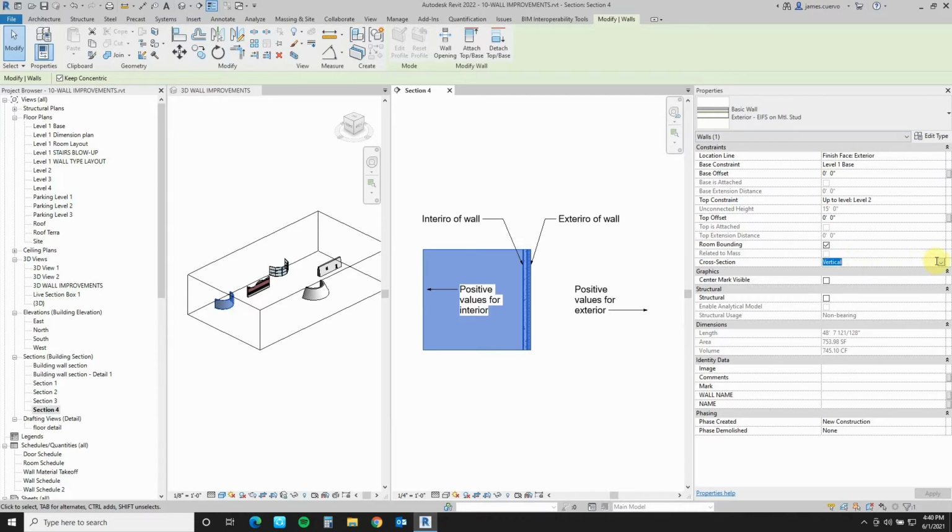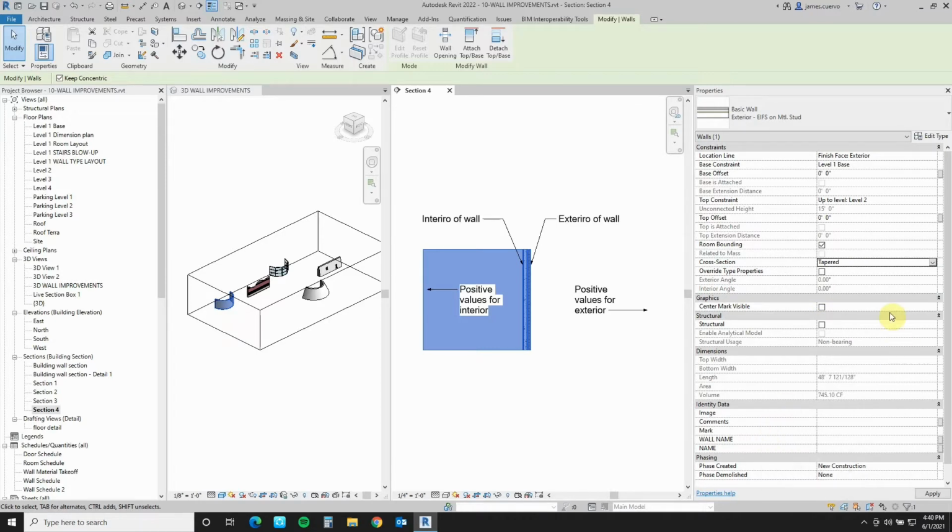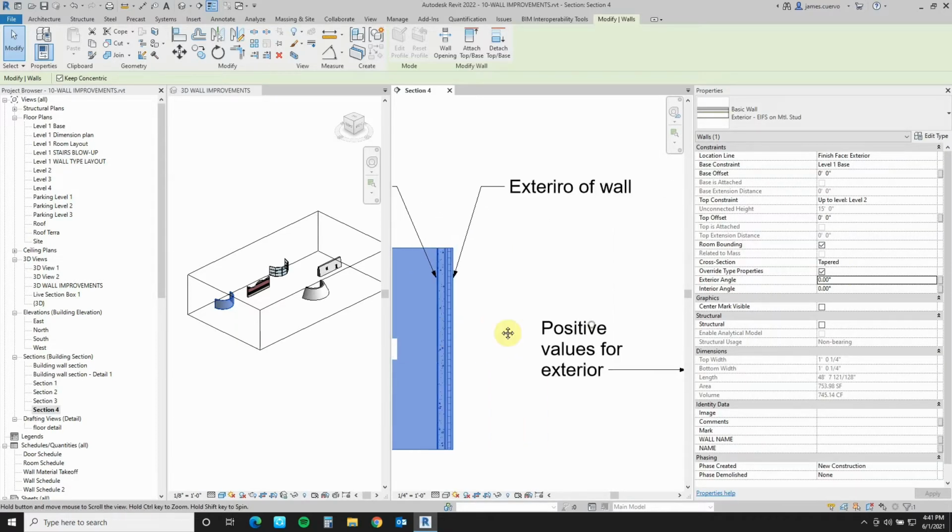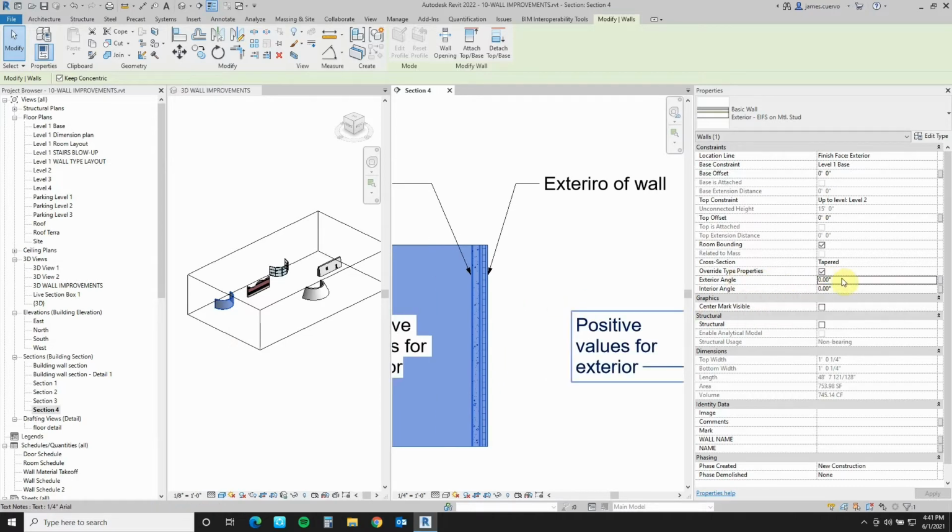And if I open that up, I have tapered, apart from slanted. You will also notice that the exterior angle and the interior angle are both grayed out, and the reason for that is because we haven't invoked the override properties. By invoking the override properties, now we can go ahead and change the value. Now, let's explain. We said before that this side going this way is the positive values of exterior walls. So if I come over here to exterior walls and I put in a 10-degree angle, enter and apply,